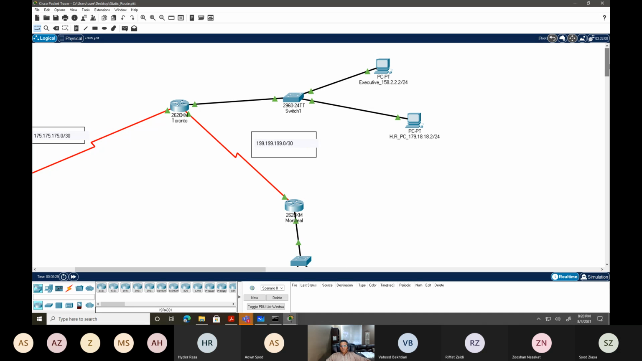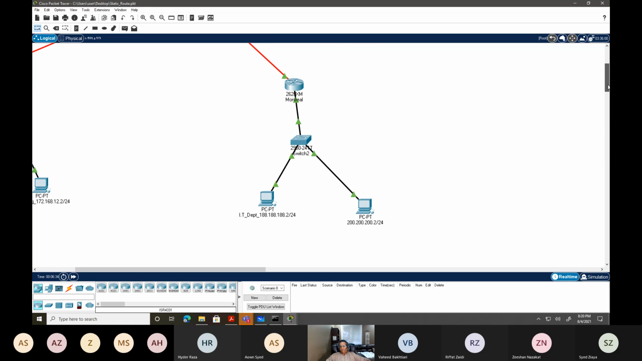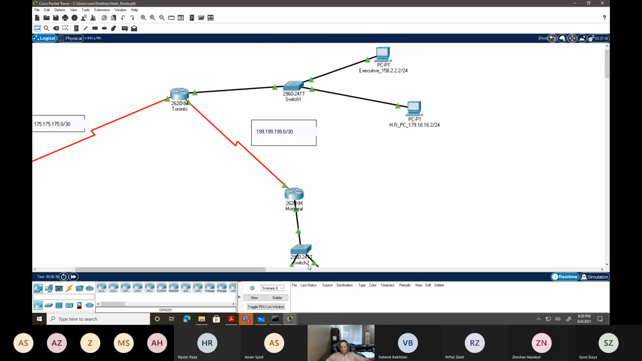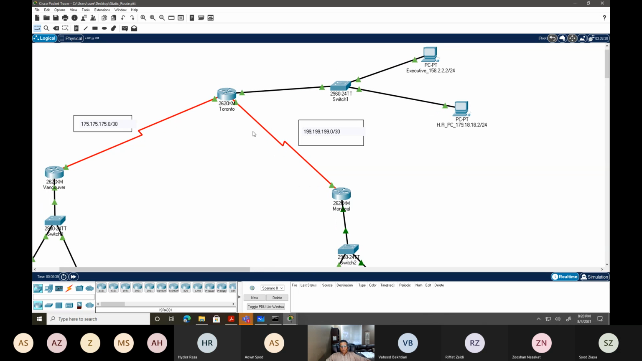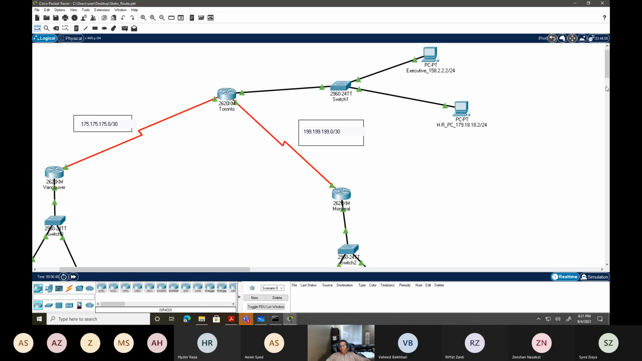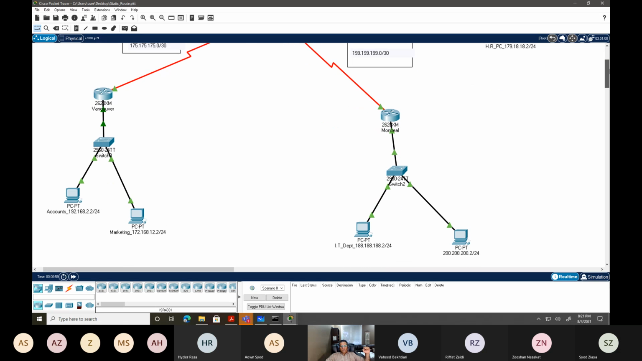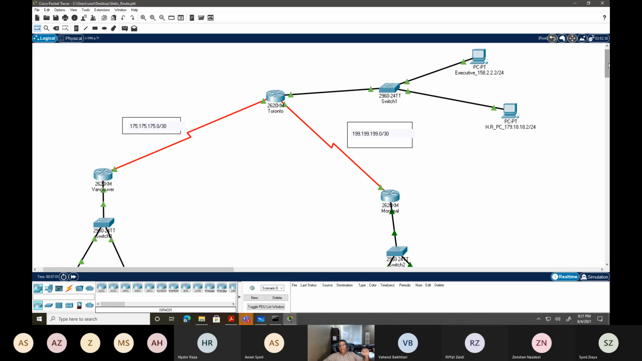So 158.2.2.2 wants to go to Montreal, 188.188.188.2, right? Now my question is, can I put a default route pointing from Toronto to Montreal for him to send the traffic to this guy, a default route 0.0.0.0 0.0.0.0, next hop here? Can I do that? Yes, definitely yes. Fine, everybody agrees. Now,